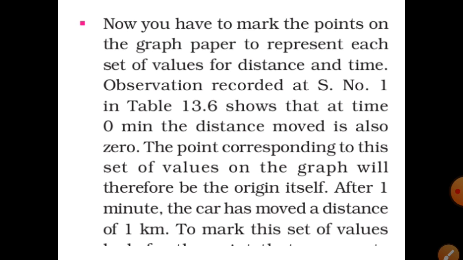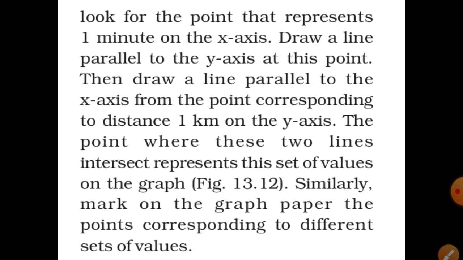Now you have to mark the points on the graph paper to represent each set of values of distance and time. Observe the record: 0 minute and distance moved also 0. The point corresponding to this set of values on the graph will therefore be the origin itself. After 1 minute, the car has moved a distance of 1 kilometer. To mark this set of values,